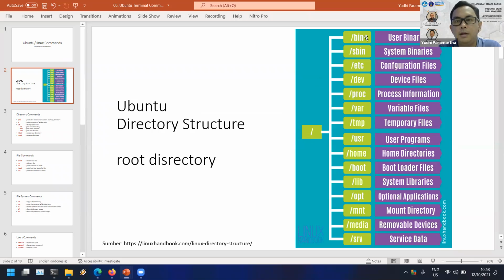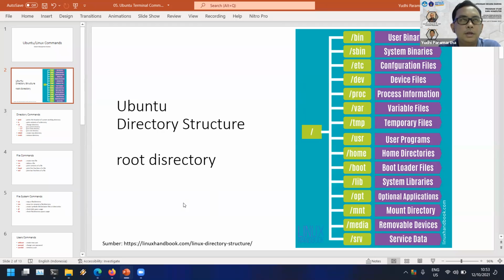Inside the root directory, there are some directories. For example, the bin directory is for user binaries, so applications that you install as a user will usually be installed in the bin folder. The system binaries, for example the main functions of the operating system, will be in sbin. The configuration files will be placed in the etc directory.